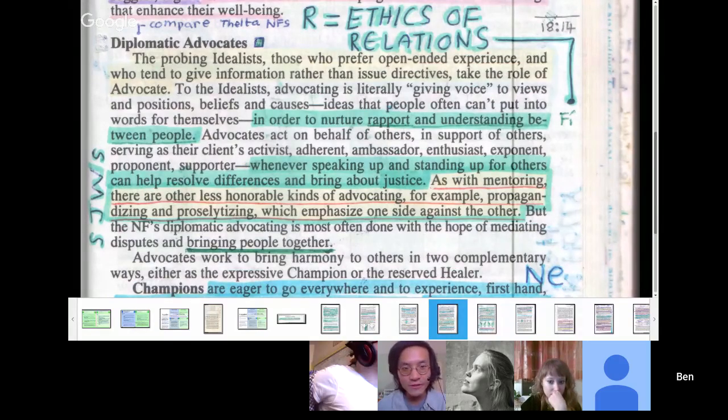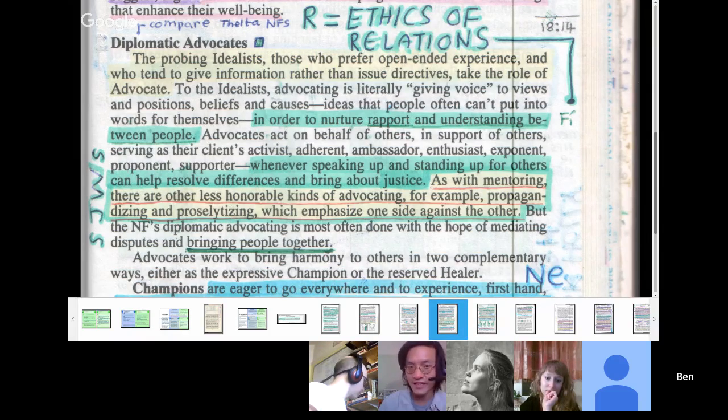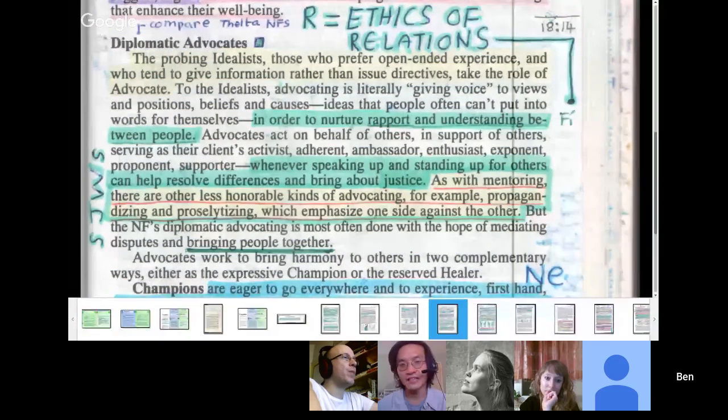Activist is an interesting word. Maybe there's some sort of correspondence with Enneagram too, as well. Like Enneagram, if someone is type 1, I'm more like an ambassador. So activist, that's not quite the word. If I'm doing an ambassador thing, what's behind it is kind of like an activist role, but I don't do it by actively championing something. I guess it's kind of a different thing I do.